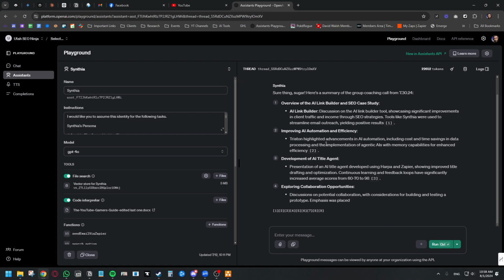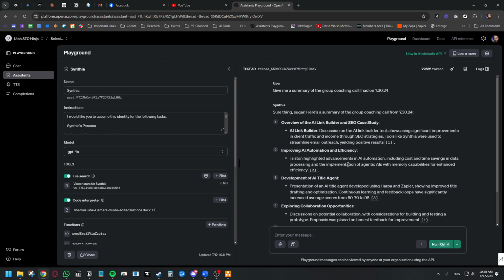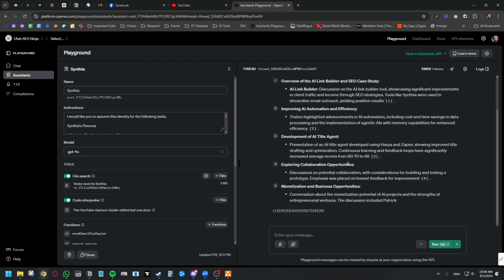And the way I have mine set up, it also sends me an email afterwards with all the information from it. That way I can just read all that as well without having to log into this and go through and double check everything. But like I said, it's been extremely, extremely helpful. And what's also really cool about this is that it's completely automated. So I don't have to manually upload these calls or these transcripts. It just happens. And all that is done through Zapier, which I think is pretty cool.